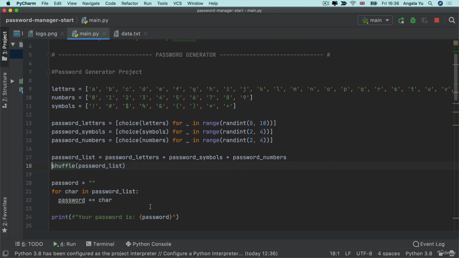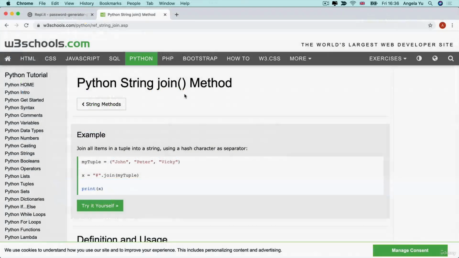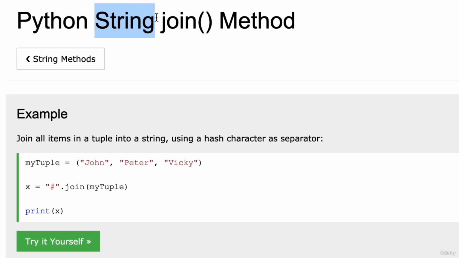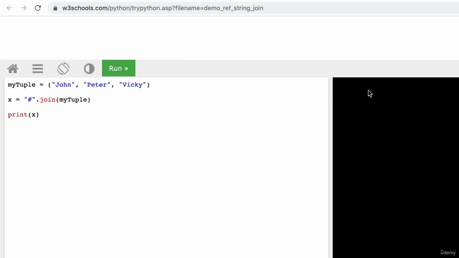Now, one last thing that I think is a good thing to point out is here we've created an empty string called password, and then for each of the characters in our list, we've basically added it to this password. Now that's easy enough, but these 3 lines could actually be done in a more Pythonic way. In Python, there is a method called join, which is available on every single string. So you could take a string like the pound sign, and you could call the join method on it. And what it does is it will create a new string that combines all of the elements in this iterable, John, Peter, and Vicky, and it will separate them by whatever